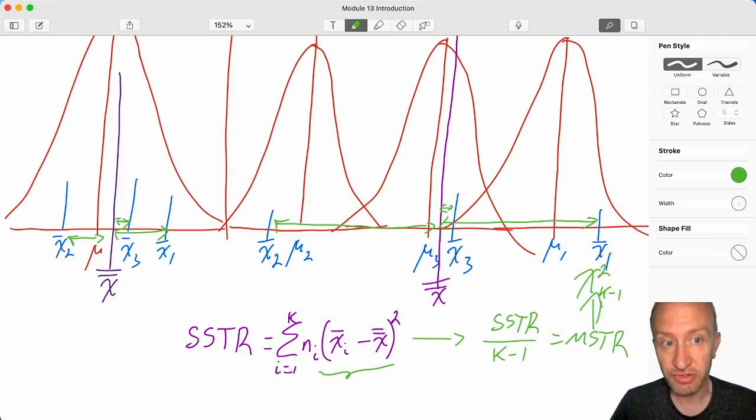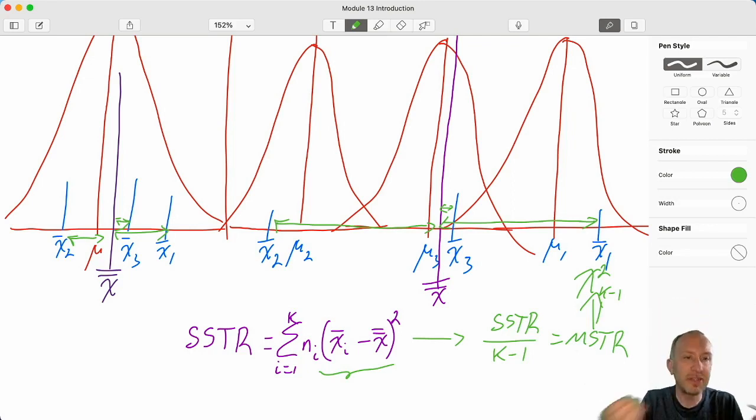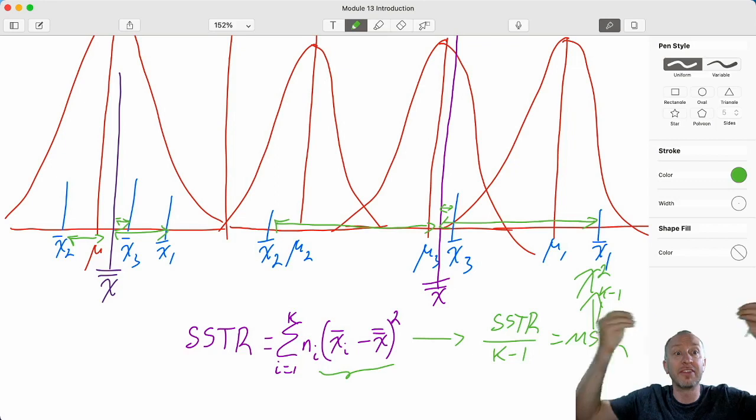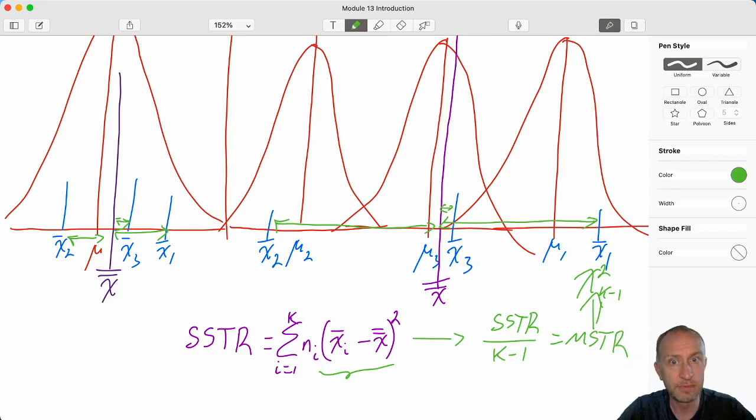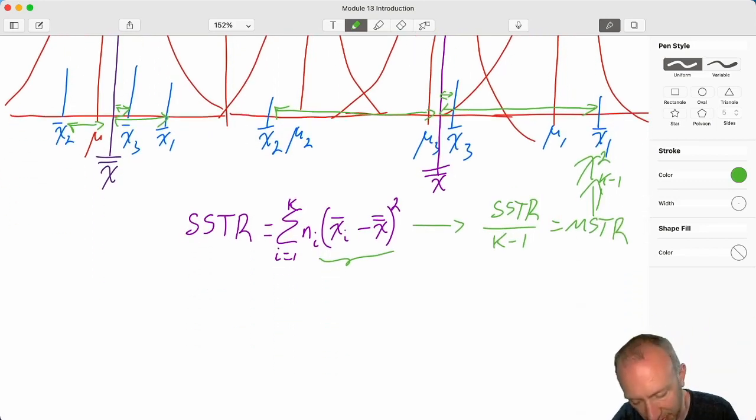If the null is true, well then those differences will be smaller. And so it is a more accurate estimate of the population variance. So SSTR is entirely influenced by if the alternative is true or if the null is true. If the null is true, SSTR is small. If the alternative is true, SSTR is inflated. It's much larger. Okay? The next estimate of variance is based on what is called